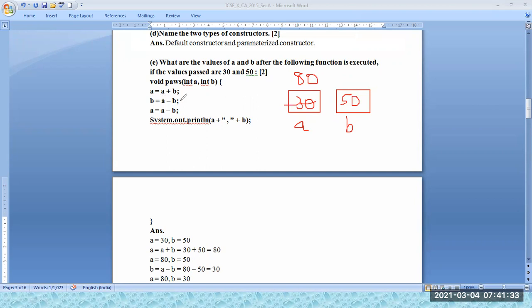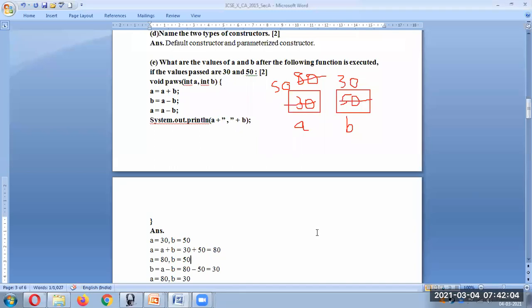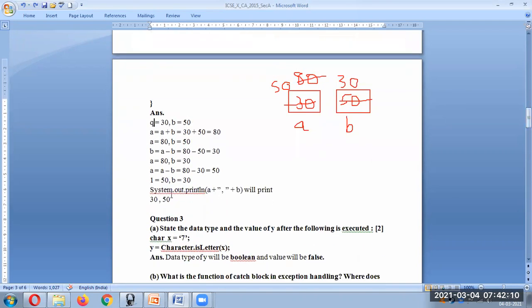Second, B is equal to A minus B. A minus B means 80 minus 50, which is 30. Then A is equal to A minus B, so 80 minus 30, which is 50. As you can see, the values are swapped. When we print A we will get 50, and B we will get 30. So the answer is it will print 30 comma 50 because the comma is there.